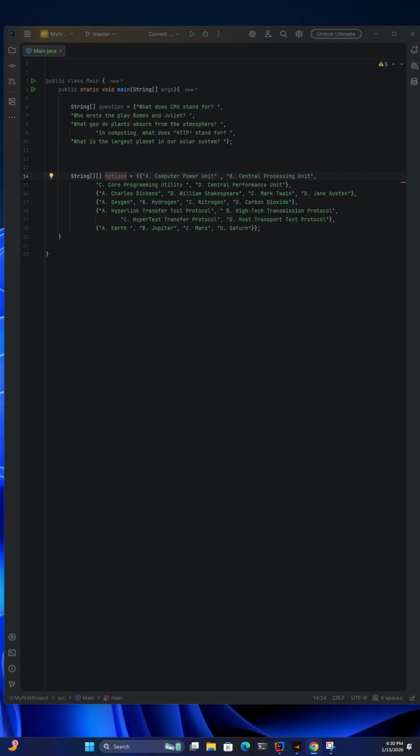One more thing, we're going to create a one-dimensional array. What are the correct answers? We'll need some sort of key. We could include this with our declare variable step. We will create an integer array of answers. We will list the correct answers as integers. The correct answer to question 1 is directing internet traffic. So we will list